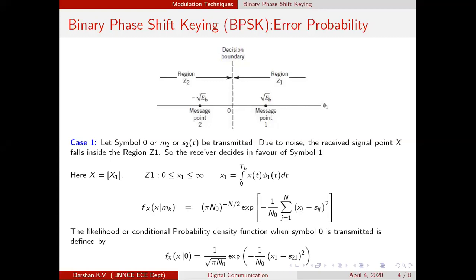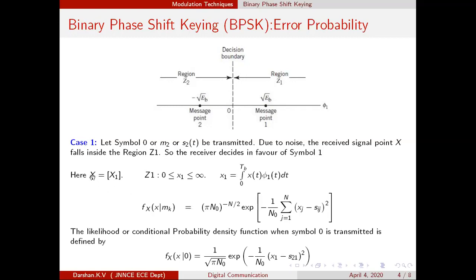Now, what are we intended to do? We are intended to find out this probability of error. So you know what error has happened. The reverse case also may happen, that we will see later. So now you are transmitting 0, and the receiver is saying no, the transmitted signal is 1. That probability, the error probability, you are supposed to find out. So now we will go one by one, equation by equation, through the analysis.